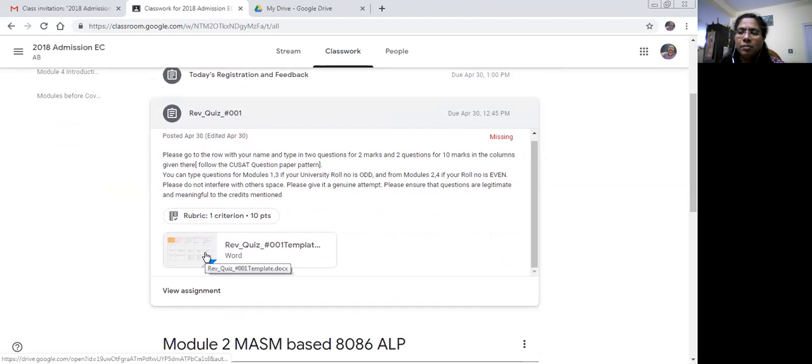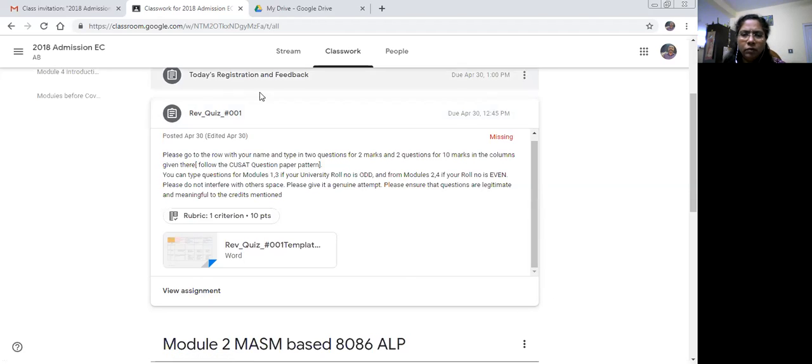If it is already submitted in some format, you can go back, view assignment, unsubmit it, and then come back. Okay, you go to view assignment, unsubmit, and then come back. This is how you have to unsubmit your work and resubmit if you have already done it wrong. I'm sending a list of students who have done it wrongly, so those students have to do this exercise. Okay, so let's start.